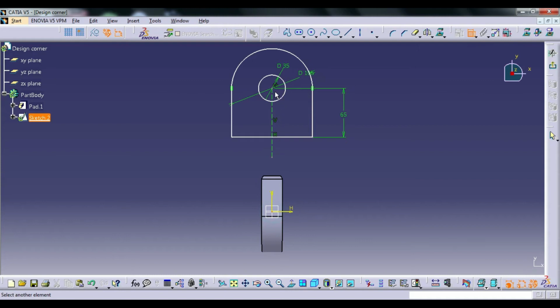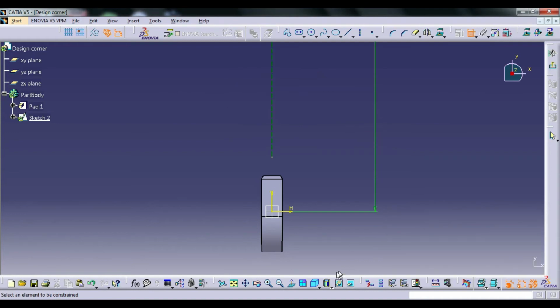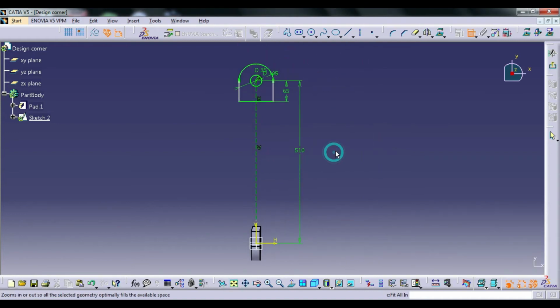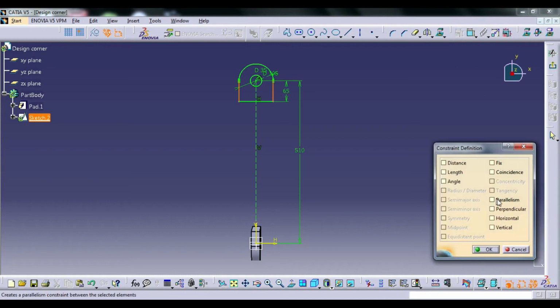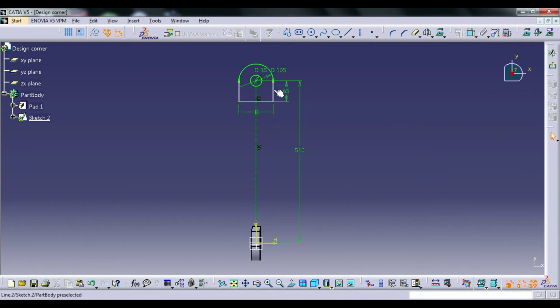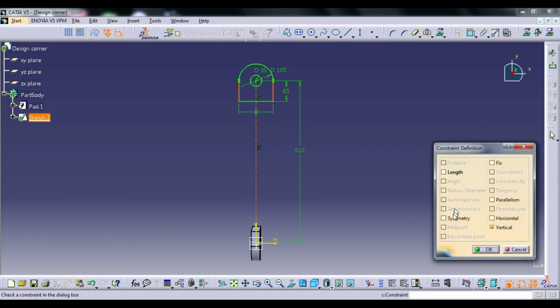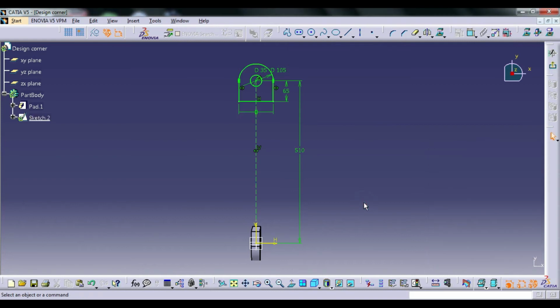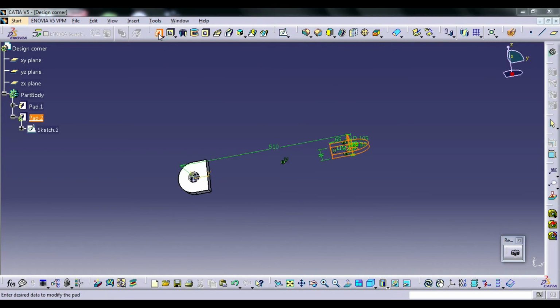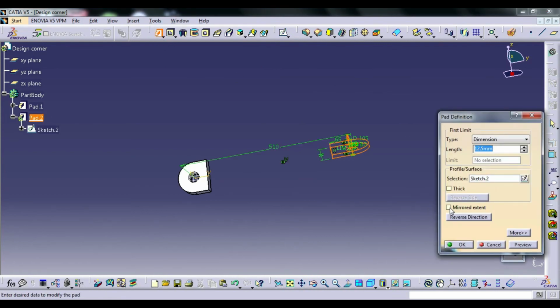So click this center to this center, 510. It's okay. Then you click both lines as parallel, and also give the symmetry. After that, again exit workbench, give the pad, 12.5 mirror extend, preview, OK.